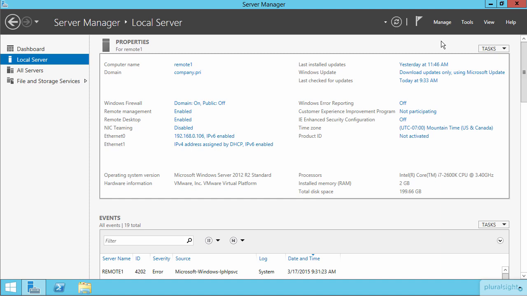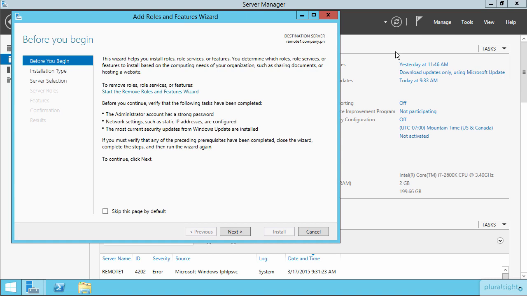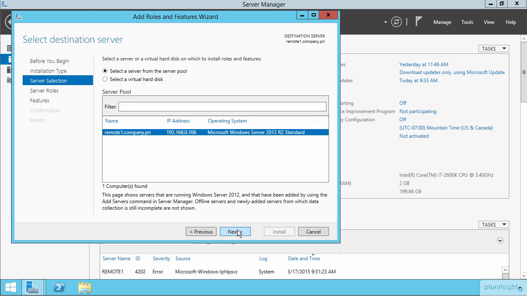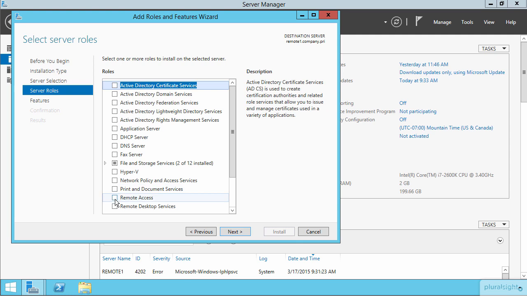That installation begins up here under the Manage tab, where we'll go through adding the role and features. Now, I know in previous modules I've kind of skipped over this wizard because in a lot of cases the installation here is not all that exciting. But here for remote access, what I mainly want to show you is that once you go about configuring the